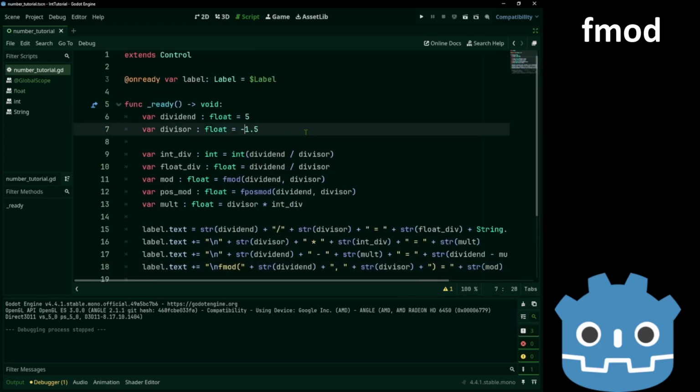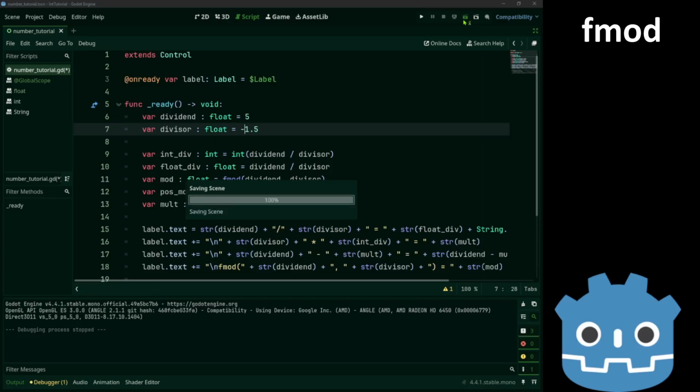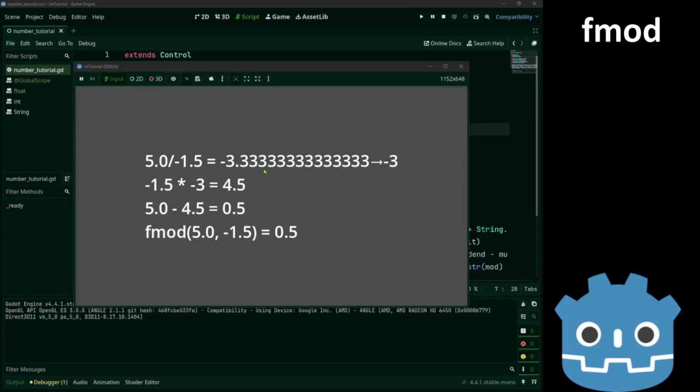Again, just like before, we can also have negative numbers. You can see that if one of the numbers is negative, the division will give us a negative sign. And we'll still get 4.5. So the remainder remains 0.5.